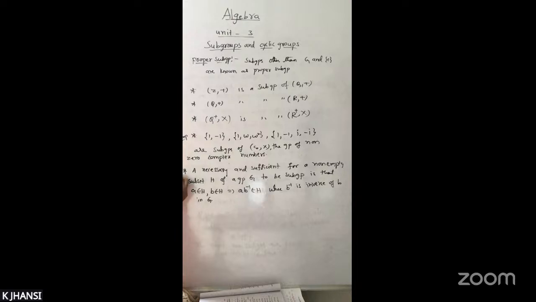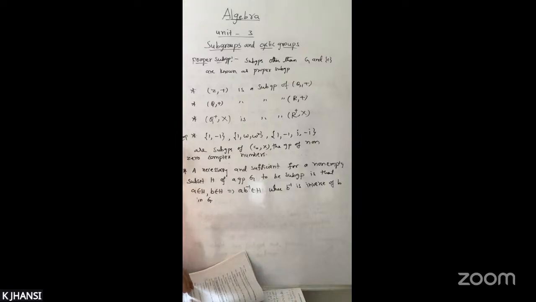So starting we have seen one definition: A belongs to H, B belongs to H implies AB belongs to H. That is one definition. This is another definition of the subgroup. Okay. So on this also you have the theorems. Whatever the definition of subgroup is there, that you can see in the textbook. And one more is